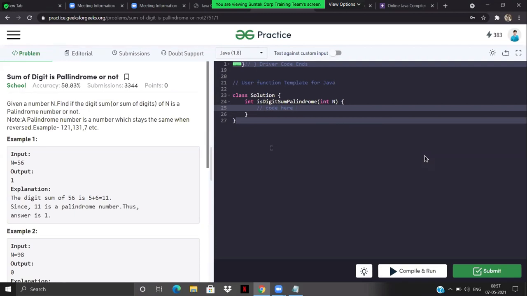Guys, any solution would be okay for this, right? Can you guys suggest something?